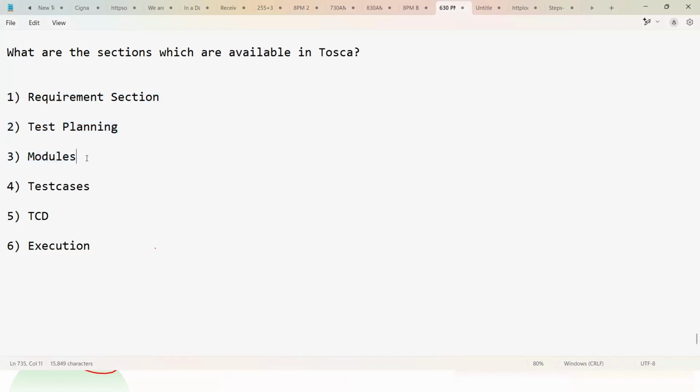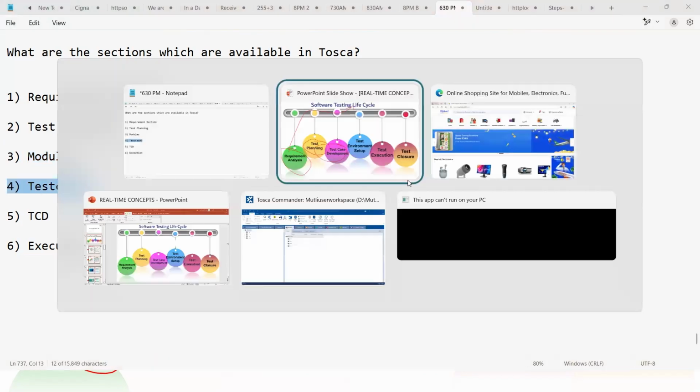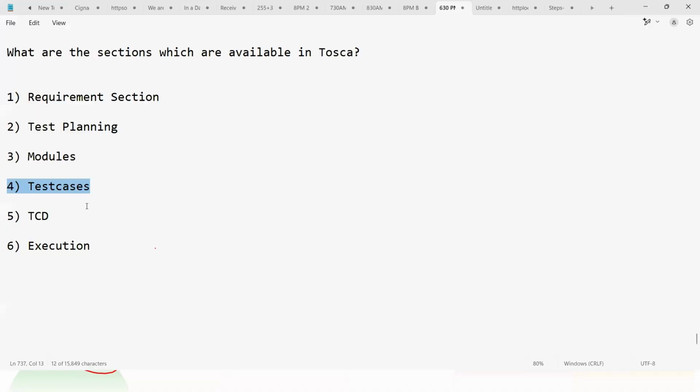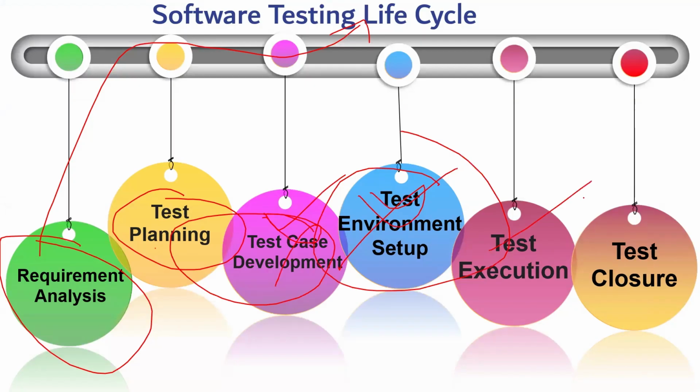Once you have written the code, you need to create the test cases. Here, these two will not be there; here we will write the code and create the test cases. After that, if you want to add more test data, test case design, you will add it. And finally, you will do the execution.